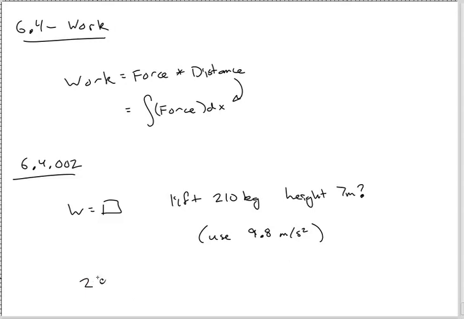This one's very simple. So we have our kilograms times the 9.8, and that's going to be your force. And then your distance is the 7. Force times distance. So this is in newtons now, I believe. This is in meters. So when you multiply it, you get